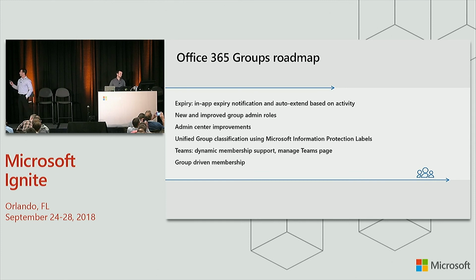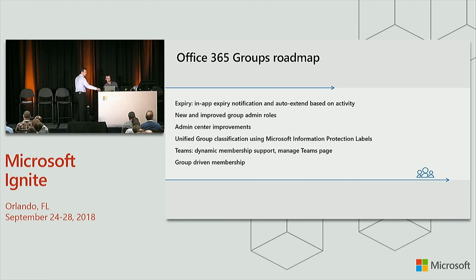Now, given that, we know that our users have been creating a variety of different groups over the years. Sometimes they have included security groups or distribution lists, and we know that very frequently our customers want to reuse some of these groups to help drive membership in their Office 365 groups. That's why moving forward we're taking a very close look at how we can use some of these existing groups that have been created in your organization to drive that membership in your new Office 365 groups. If I have a finance team that has 12 of my financial analysts and I want to add them to a new group for Q1 close and then Q2 close, it's not very efficient to have to add the same flat list of people over and over again. I might want to reuse one of those groups to drive that membership in the future. So that's one area that we're taking a close look at over the next year.